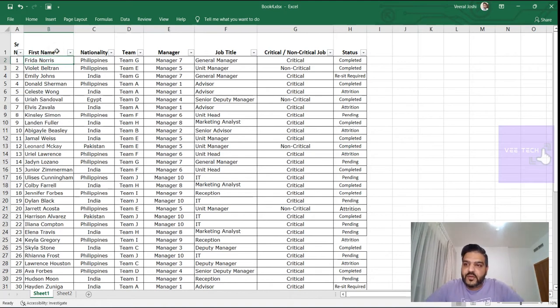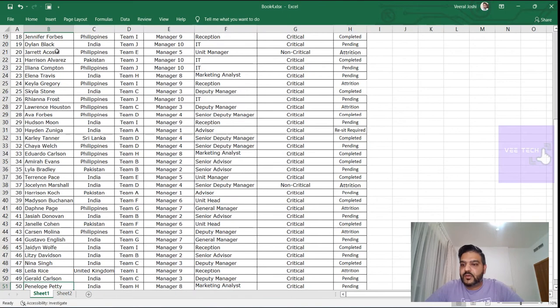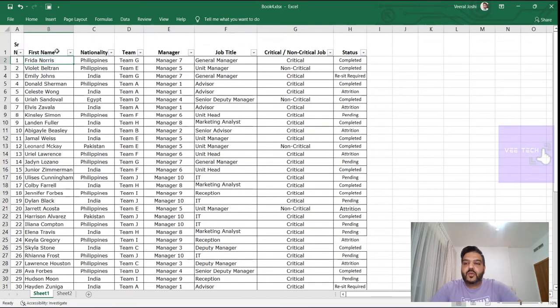So here's the list of about 50 team members, and all of them have various nationalities. They're from various teams, so there are about 10 teams, and there are about 10 managers as well, as you can see here. They have various job titles. Their roles are identified as critical or non-critical,